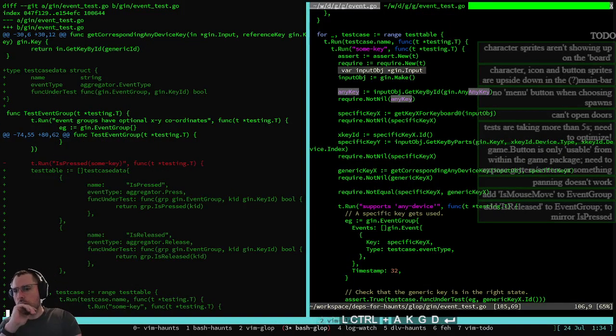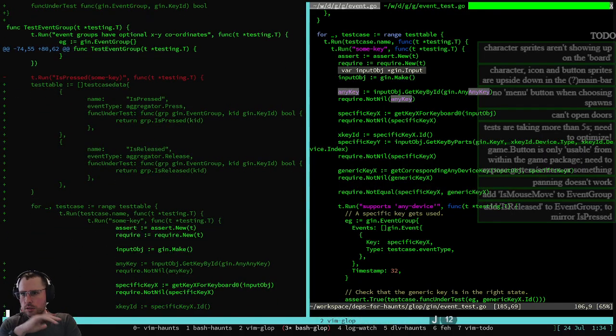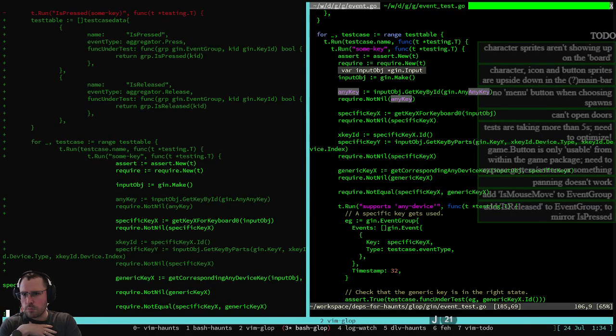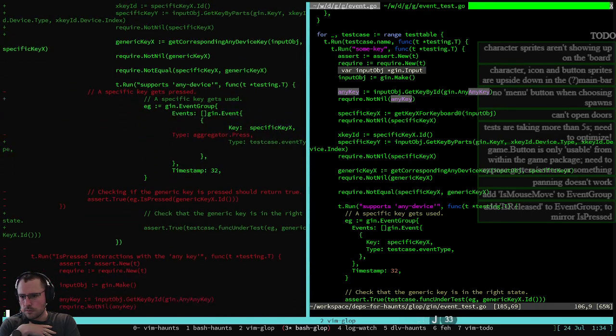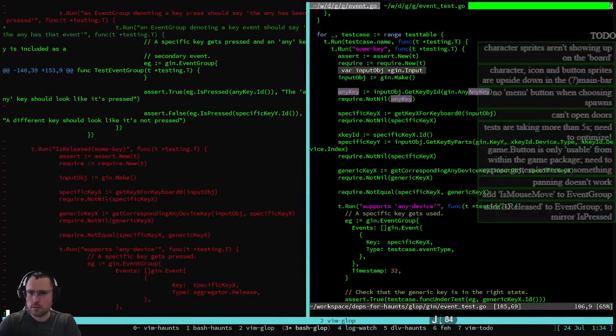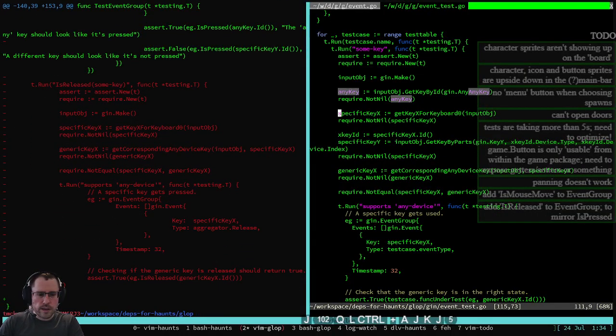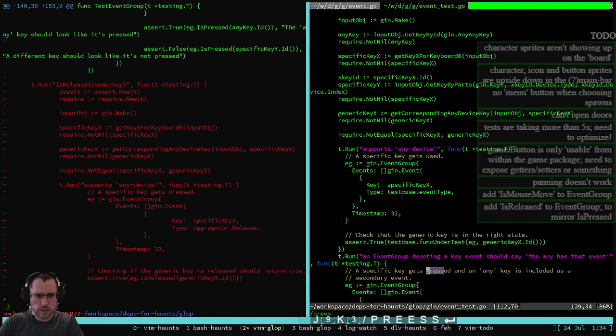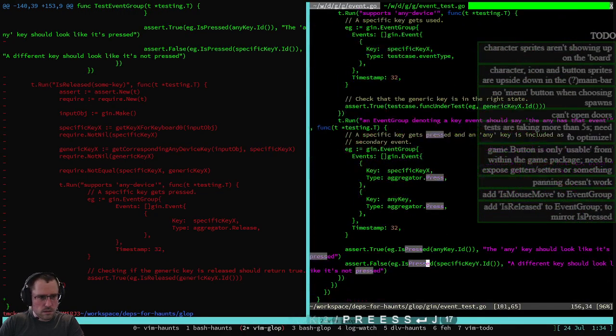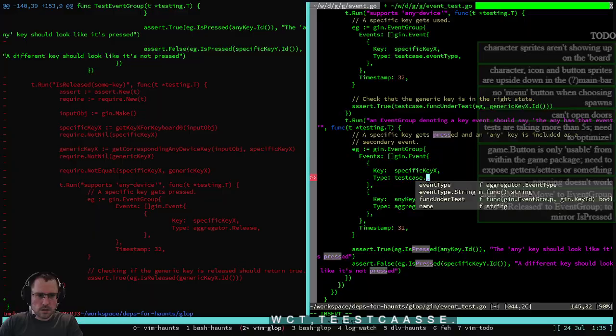Okay, so what do we do? We said, or sorry, what did we do? We said don't copy paste the code, just run it with parameters. And then we can eliminate a bunch of the copy of it. Yay. We'll give it another scan and just make sure that it's not saying like press or release when it shouldn't. Aha. Yeah, we're only doing press here, not the release. Okay. So this needs to be test case dot event type,